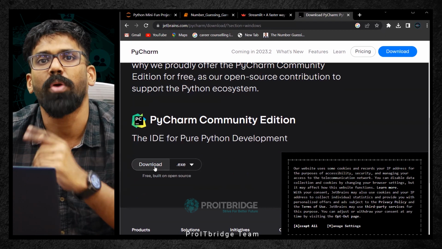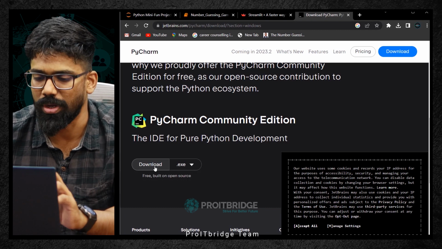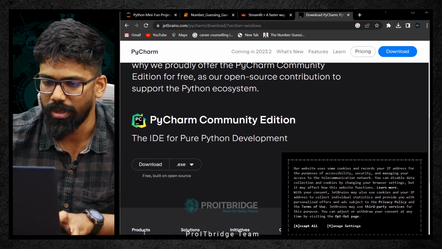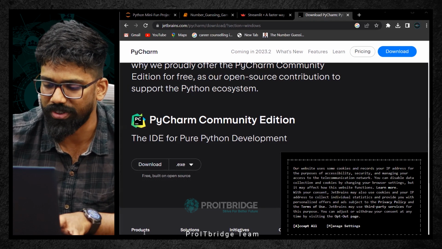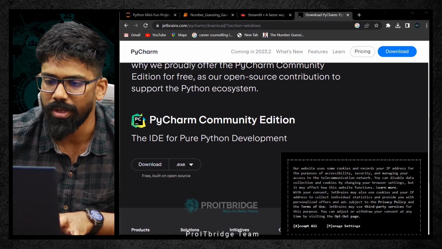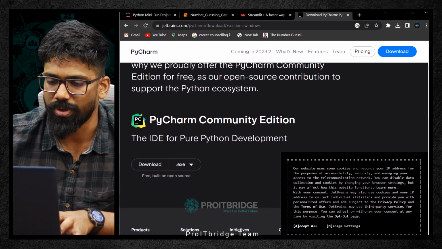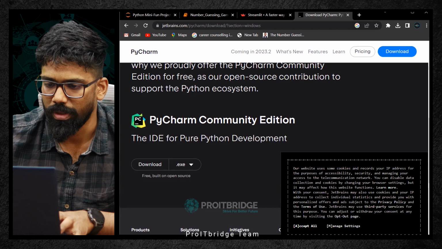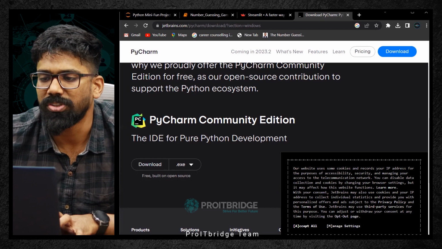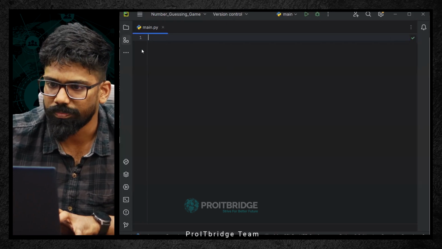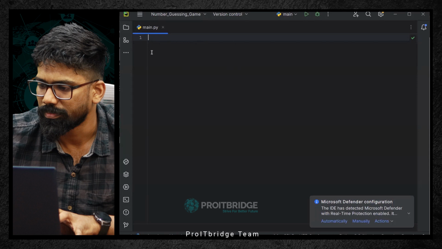Once it is installed, you need to open PyCharm. So now I'm opening PyCharm on my local machine. I'm just typing PyCharm in the Windows search bar. I think you might not be able to see it, but I'm opening it. I just typed it and opened it. Now let me share that particular screen with you all. See this. I just opened this and I got this window.